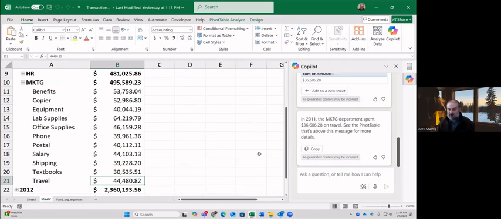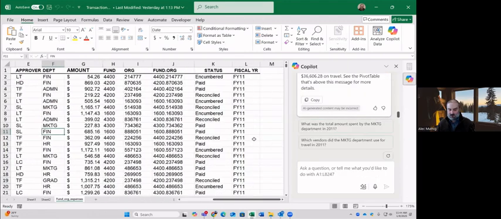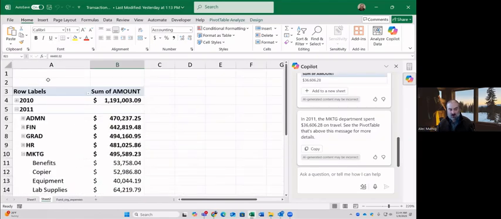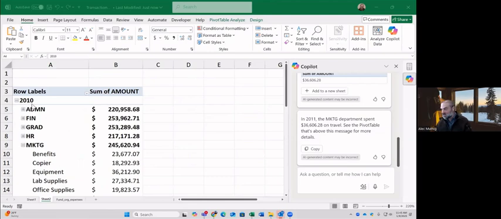So that was a little different because, of course, it used fiscal year, which was already in a column. So it was pretty smart to pull that out. It knew, since I put it in there, that's probably what I wanted. But yeah, I overcome that problem by removing the months and dates and leaving the year, or if I need the month in there, I leave the month. So I put the date column into the pivot table, and then I pull all the extra stuff out of it in my pivot table.